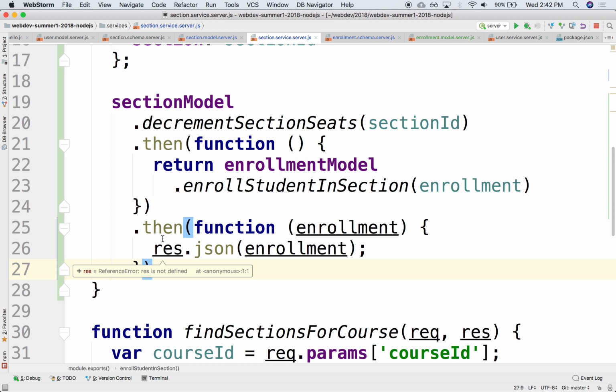Yes. A new version of JavaScript also brought await. So we can use that instead